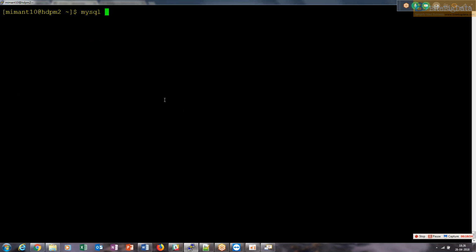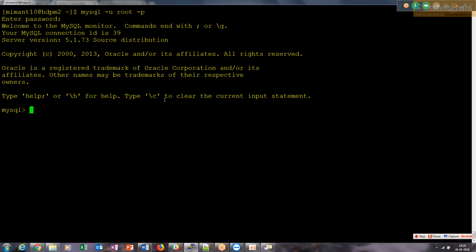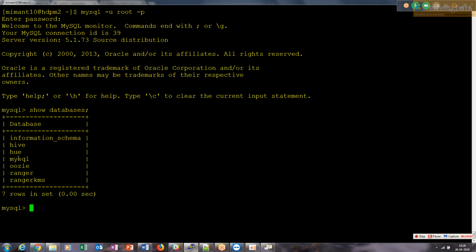So currently we do have MySQL. If you go into mysql -u root -p and do show databases, these are the databases we have: Hive, Hue, MySQL, Uzi. MySQL is also a database, and inside it there are a lot of informational tables. Information schema is also a very important database. Then we have Hive, Hue, Uzi, Ranger, Ranger KMS, and furthermore, if you install more things